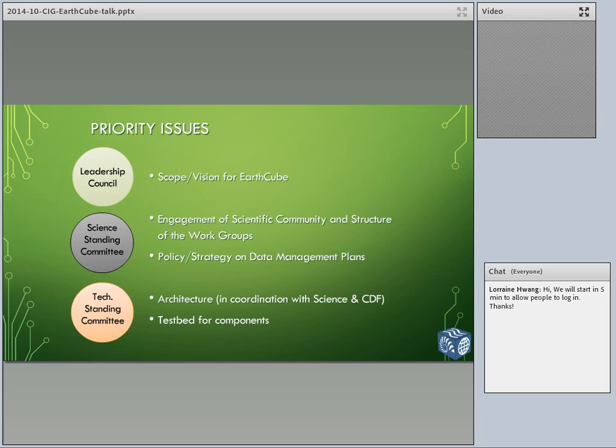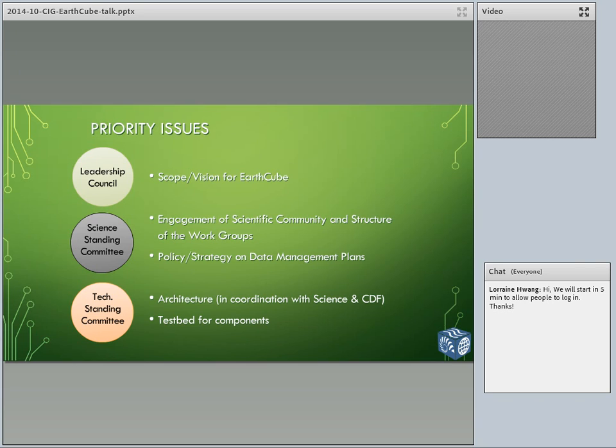And the Leadership Council is tasked with the scope and vision for EarthCube. It doesn't exist yet. Well, neither the scope, vision, nor the council. Actually, the council is being put together as we speak. There are 2 members who've just been voted for. Yolanda Gil is a representative from the technology community, technology standing committee, and Basil Gomez is from the science standing committee. And then there will be 5